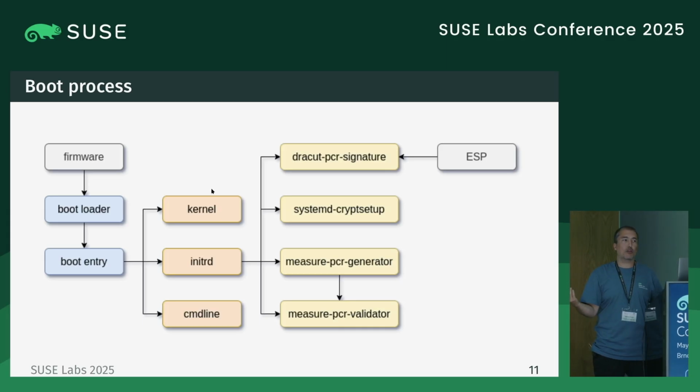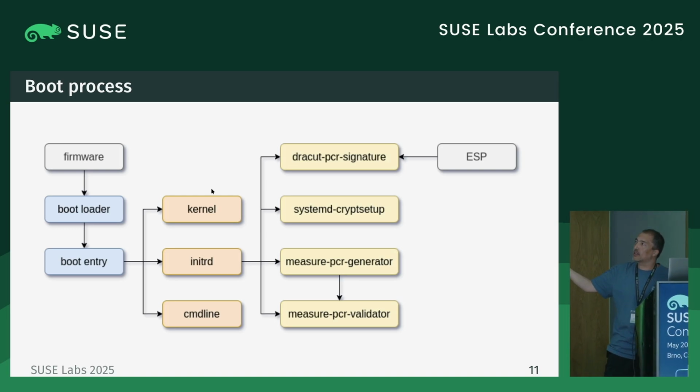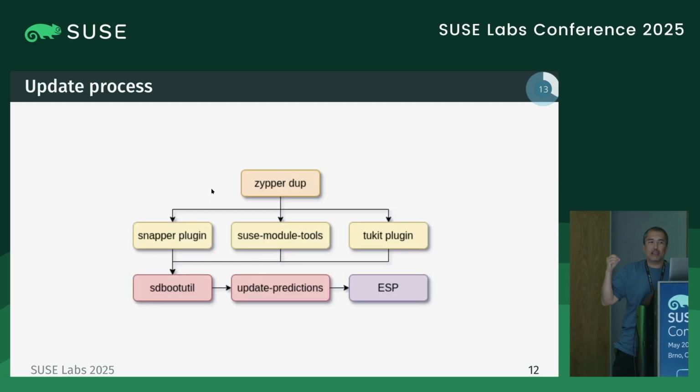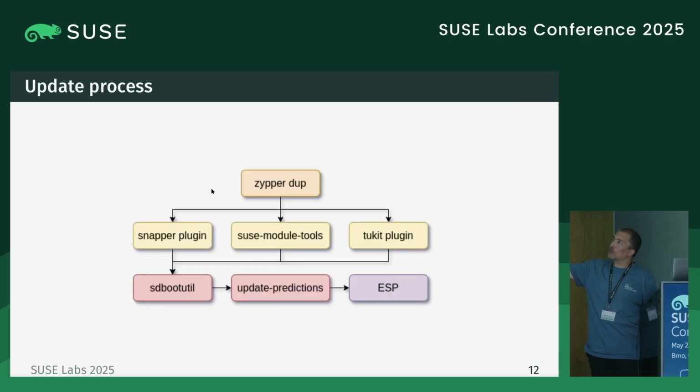If the measured boot process worked properly, systemd-cryptsetup is going to open the LUKS device using the data that was missing in the initRD in memory, but was delivered by the PCR signature, the dracut component. And at the end, some new service that we can check later is going to do a last check before the switch root happens. And the workflow that was proposed at the beginning of the presentation, sorry, like several years ago, and last year, is still valid.